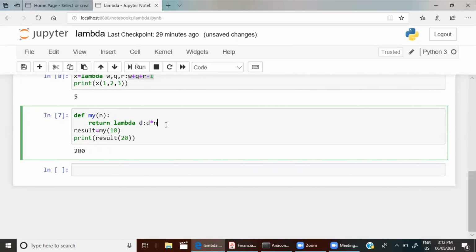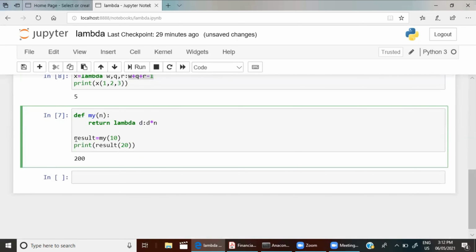The next thing you need to do is write a functional object which stores this function. I'm calling it using an object: result is equal to my of 10. That 10 value will go to n. Finally, what about the d value?